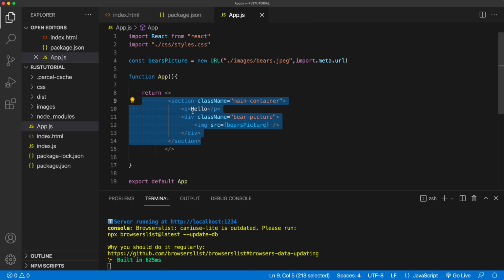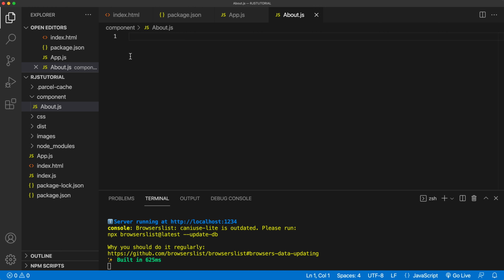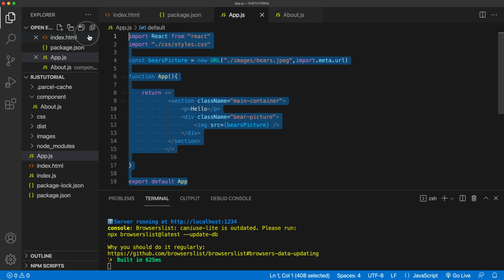Now let's basically transfer all of that to its own component. So I'll just go ahead here and create a folder so this is organized. And within this components folder, we're going to create a JavaScript file. I'm going to call this one about.js. And this will be basically our basic React component, which includes our function that returns some sort of JSX, right? Now, to make my life easy, I'll just basically copy all this stuff from this App component page,